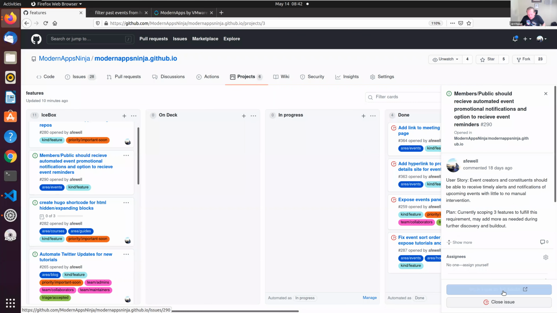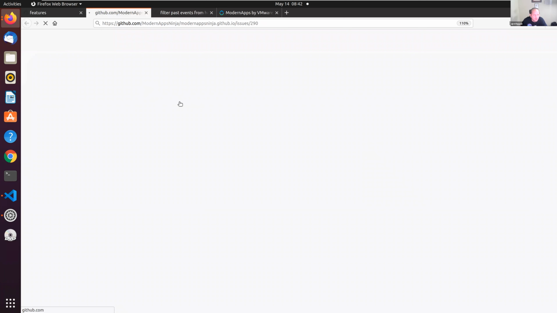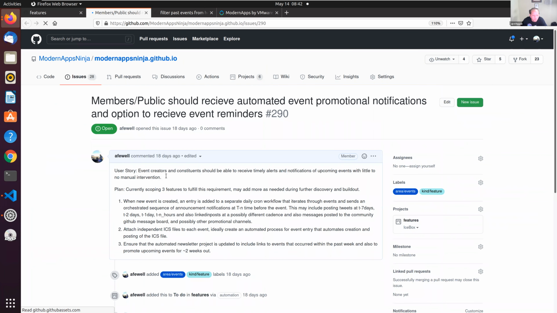So I do want to encourage people to put in their issue tickets in any format that they want, but ideally especially tickets having to do with feature requests should be put in a format here where we have a user story that describes the